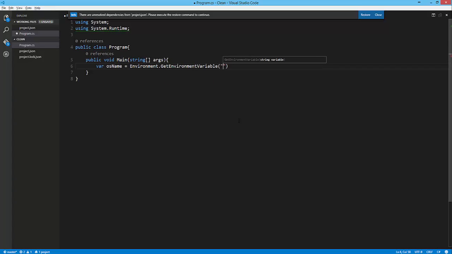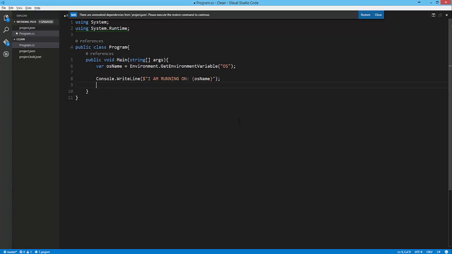I want to get the OS, and then I'm simply going to say Console.WriteLine, and I'm going to use the C# 6 functionality because it's baked into Visual Studio Code. I am running on whatever OS I'm using. This is called string interpolation. I'll get to that in a second.